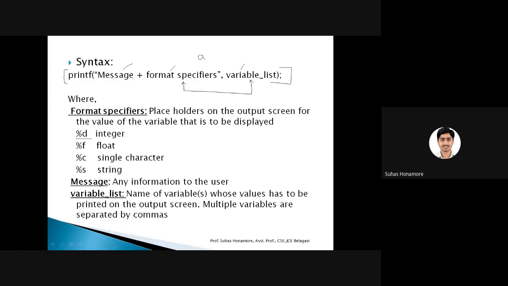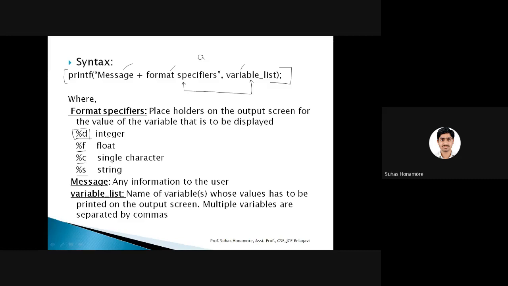Percentage d, percentage f, percentage c, percentage s, like this. Whenever you want to print an integer variable value, suppose a is my integer variable, I have to write percentage d. Wherever percentage d is there and the variable a is listed here, the value of a will be displayed.